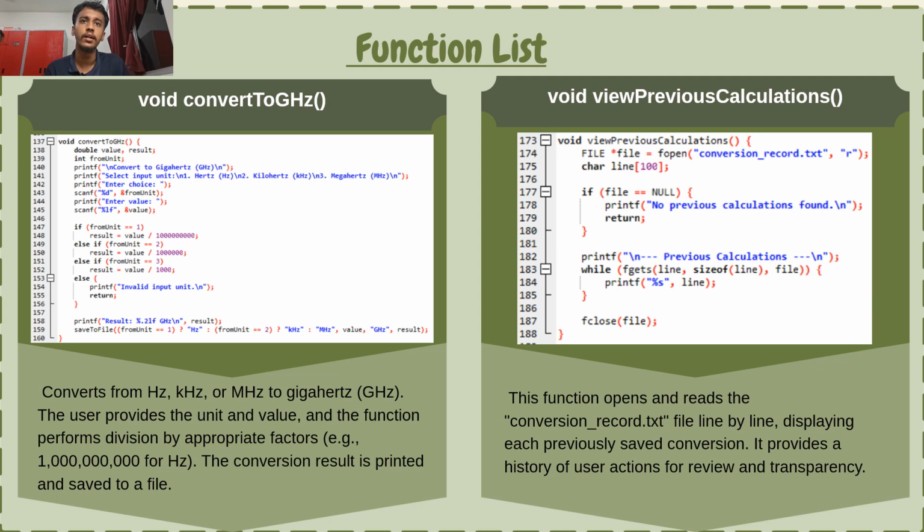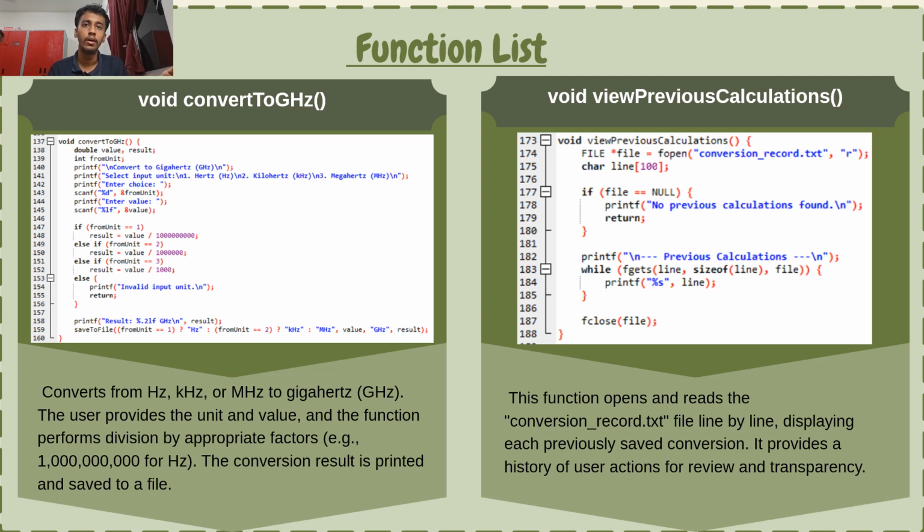Next, this slide shows the final conversion function, convert to gigahertz, and also the function for viewing the previous records. On the left, we have the convert to gigahertz function, which lets the user convert a value into gigahertz. If you look at the code, it follows the same steps as the earlier ones. The user chooses the unit and enters a value. The program divides accordingly, and then the result will be displayed, and it also saves the result to the same